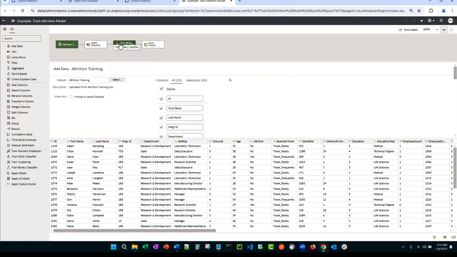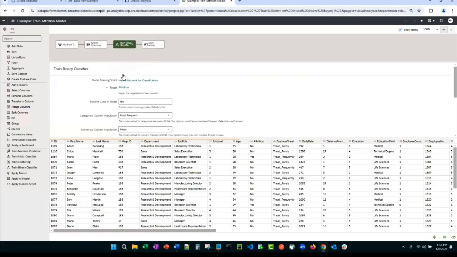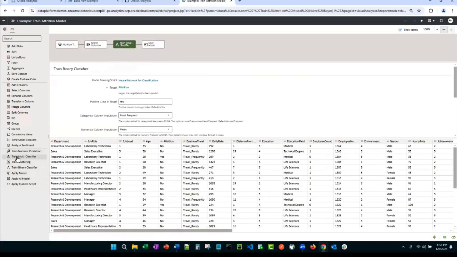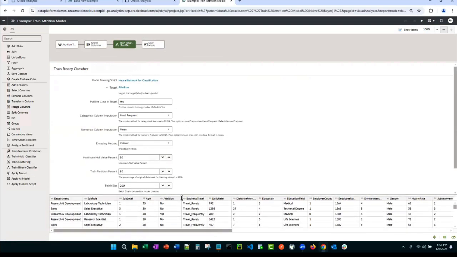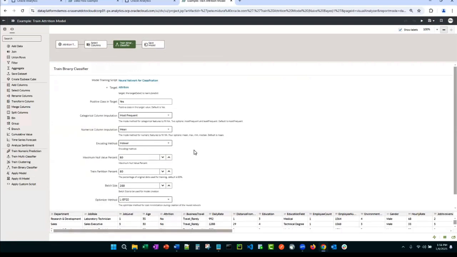And then you select an algorithm. What are you trying to do? Maybe you can see down here, you have a numeric predictor, multi-classifier, clustering. Once you select your model algorithm, you select what you want to train on. And for every algorithm, we expose several hyperparameters. So again, no code environment here, but it allows you to quickly still build meaningful models.